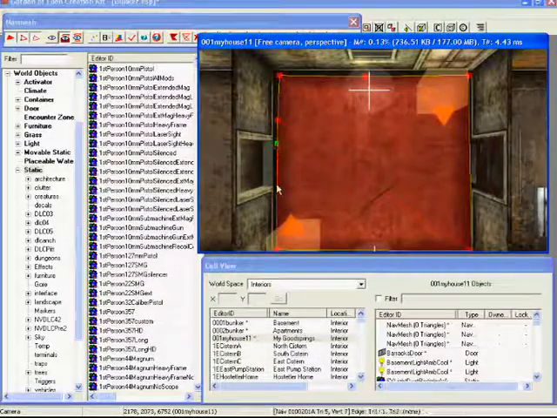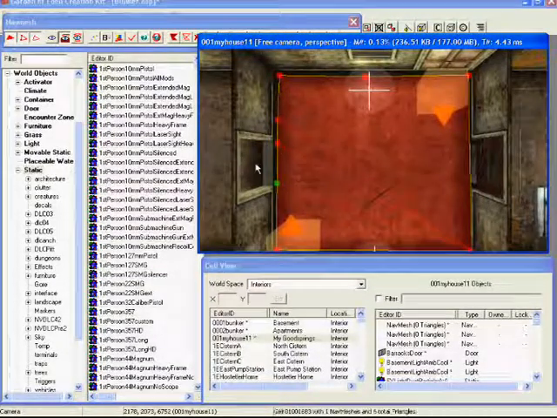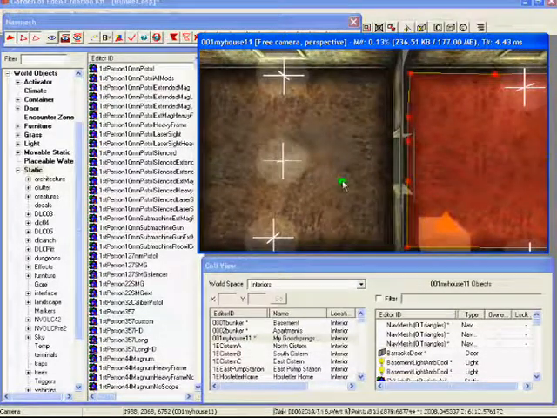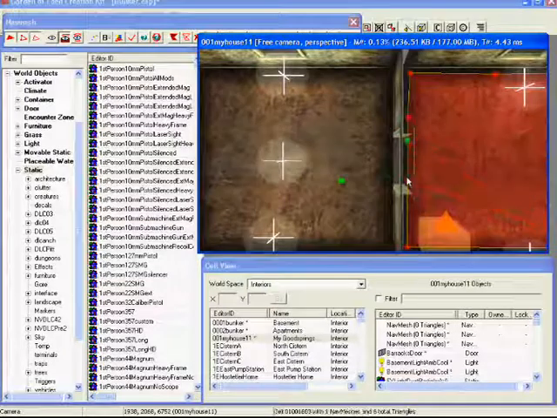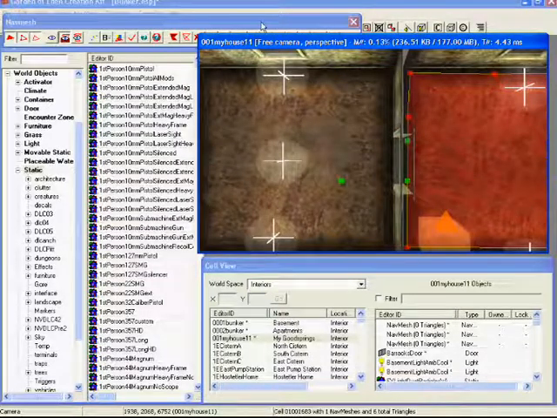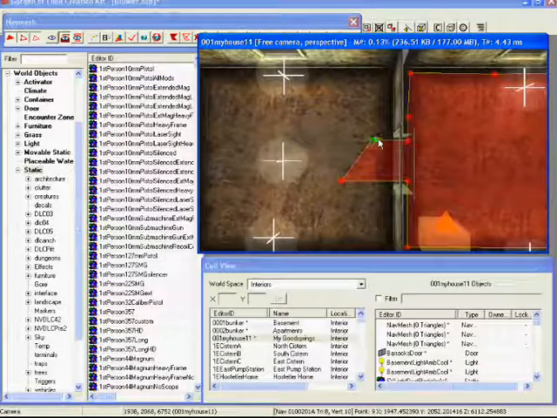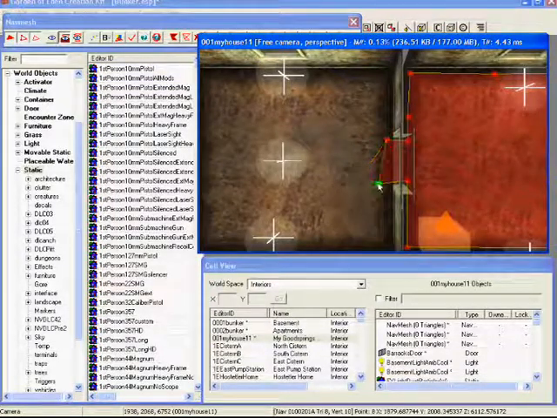So we'll put a point here, and then we'll come through here and put one here. Click all three of these, and this will be the one through into the doorway. And now we've got a new part. So if we put these two bits here,